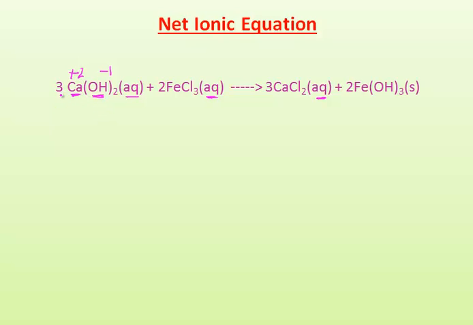There are 3 moles of calcium hydroxide. It has 3 calcium atoms, that is why it produces 3 calcium ions. I write here 3 calcium ions, and there are 3 times 2, that is 6 hydroxyl groups, that is why it produces 6 hydroxide